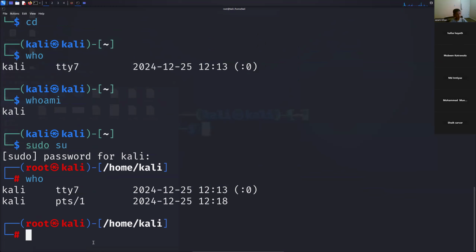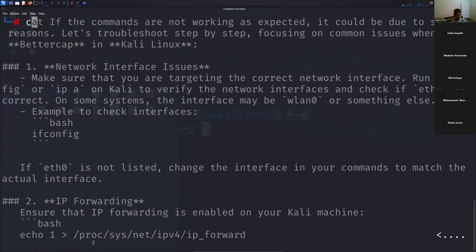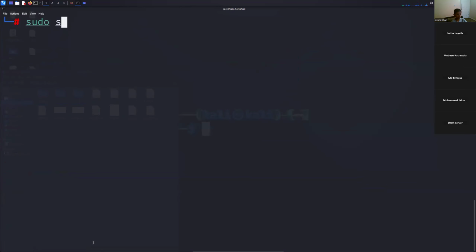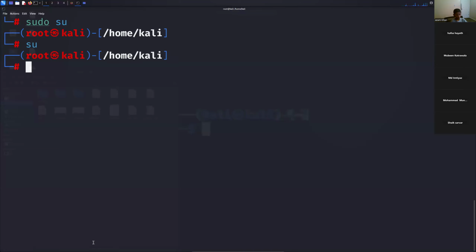But I want to make a new user. So when you're switching to root, you just write sudo su. But when you're switching to a normal user, you write su and then the name of the user. So I'm switching to Kali. So now I'm going to actually make the